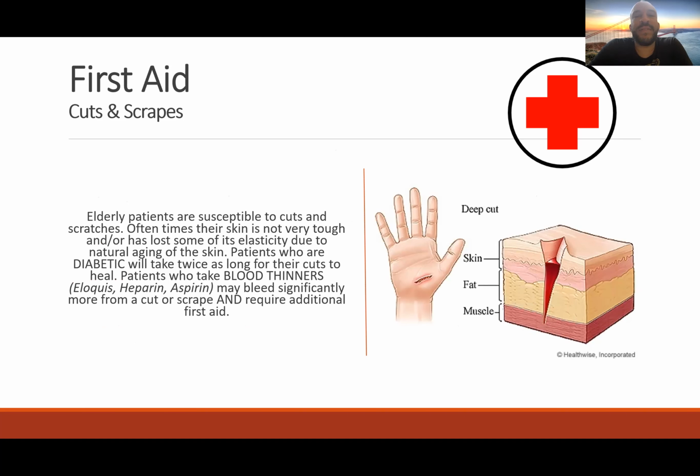Okay, next. So when we talked about the contents of the first aid box, you may have noticed that I mentioned the word gauze a lot. And why would I mention the word gauze a lot, or when would we use gauze? And why would there need to be so many in a first aid box? And one of the main reasons that there is a lot of gauze in the first aid box is because